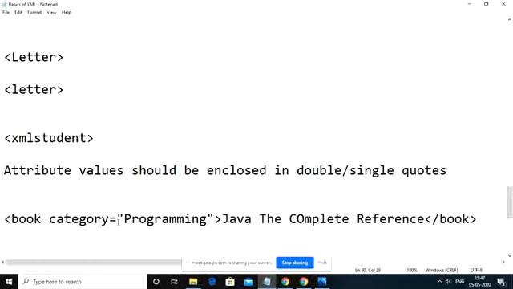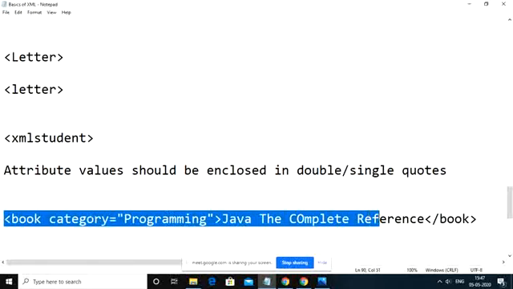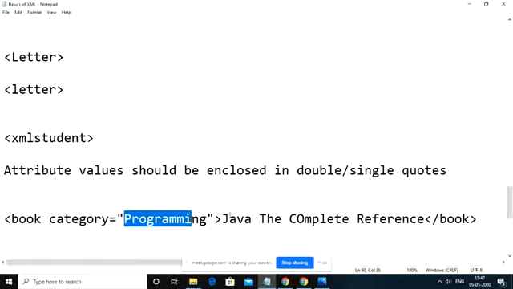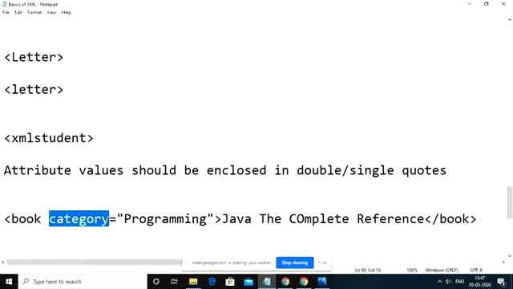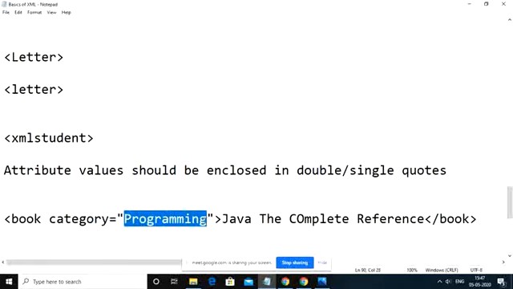Here it is representing that Java the complete reference is a book which falls under the category of programming languages. These kinds of additional information related to your tags are provided by your attribute. So here book is the tag, the element name, and category is the attribute of the tag. Whatever value we assign for your attribute, for the category attribute the value we assigned is programming.